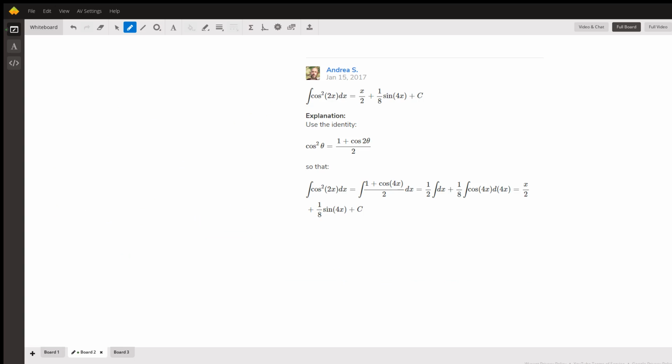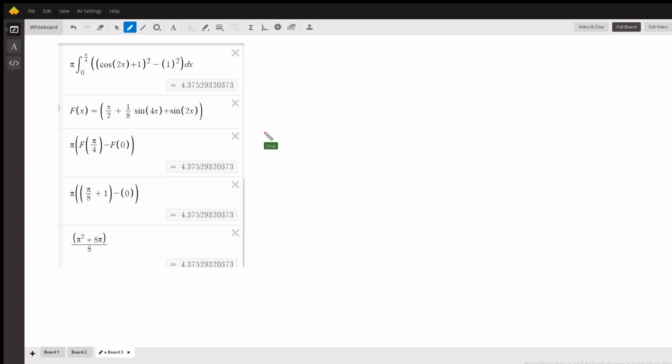Here's how you find an antiderivative for the cosine squared of 2x. You have to use a trigonometric identity and go through these steps. So there's what the antiderivative looks like. We don't need the c because we're going to be evaluating a definite integral. And here is an indication of what the answer hopefully looks like. Here's that outer radius squared minus inner radius squared. And it looks like Desmos evaluates it to